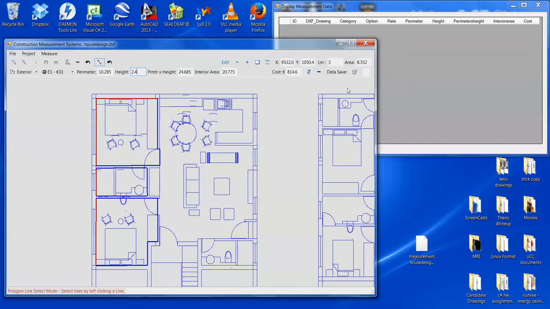So we'll click this mouse button here, which is data save, and you'll see that this logged measurement group appears in our data grid view with all its details, the drawing that was used, what type category, which is an exterior wall. The option was E1, a rate of 33. The perimeter by height was 24. Interior area doesn't appear because the interior area doesn't matter when we're talking about walls, and the total cost is